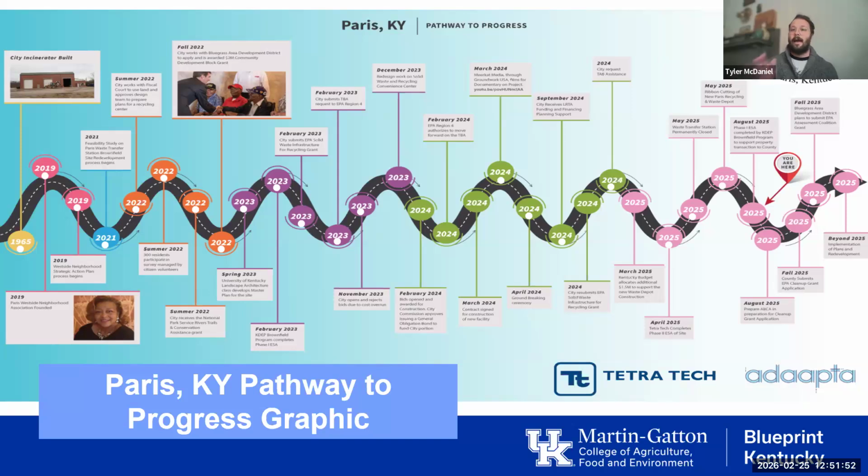But this shows just how this project has evolved over time, and it's continued to be updated even since I became aware of this 2 years ago in 2023. There's a lot more markers on the path. But this just tells the story of the site itself, of the community, of how they came together to create